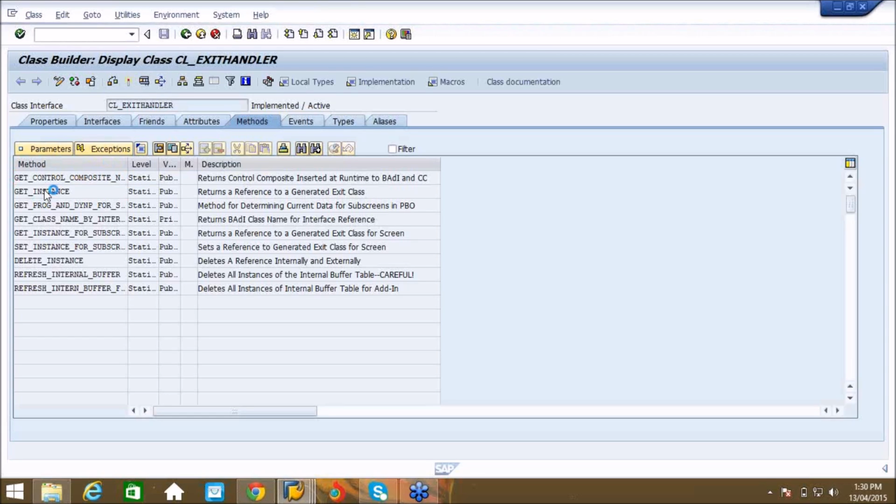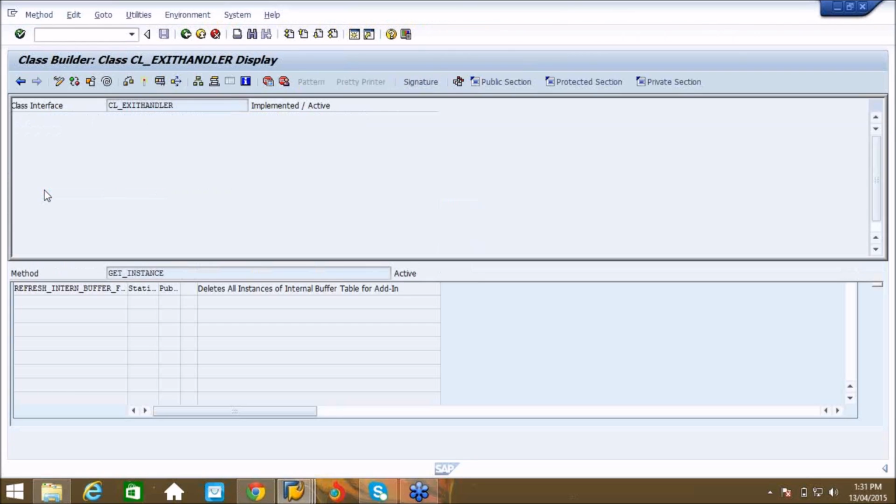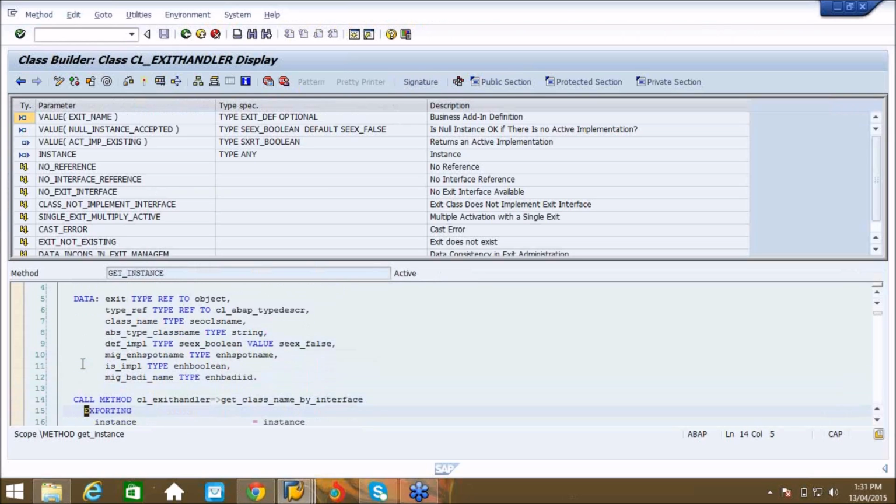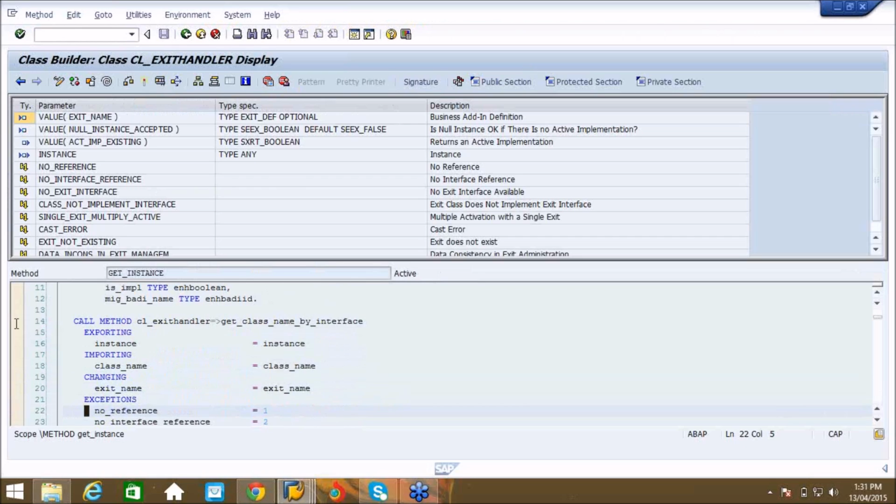Double click on GET_INSTANCE and put a breakpoint over here.